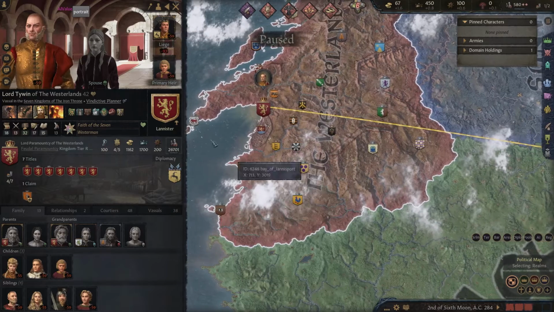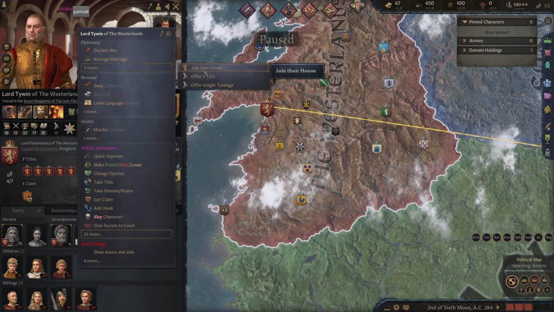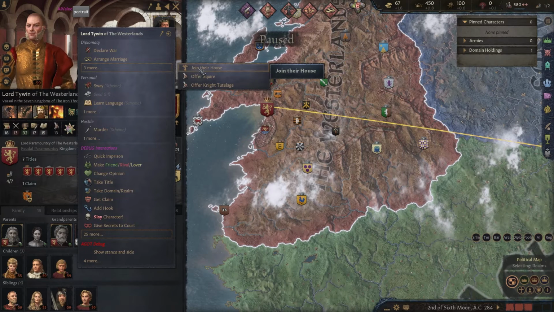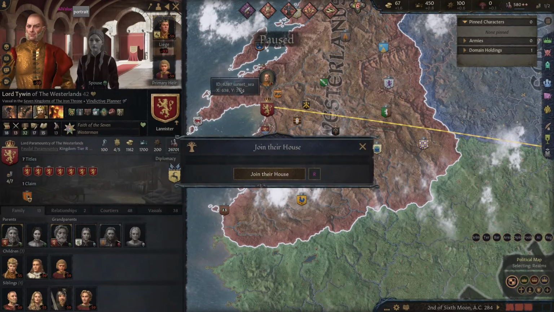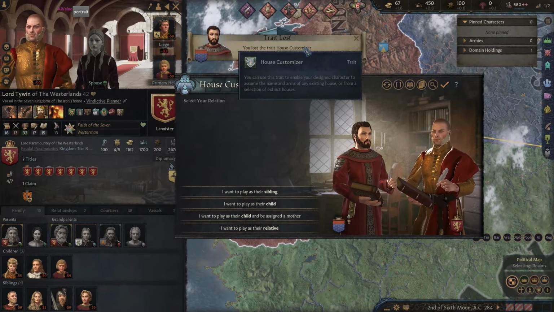And we want to interact with Tywin because he's pretty much the head of the family. I don't think you have to, but it has to be somebody alive. So we're just going to go join the house. And we are now technically part of House Lannister. You'll lose the trait house customizer,